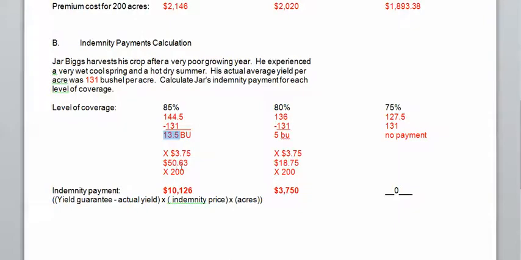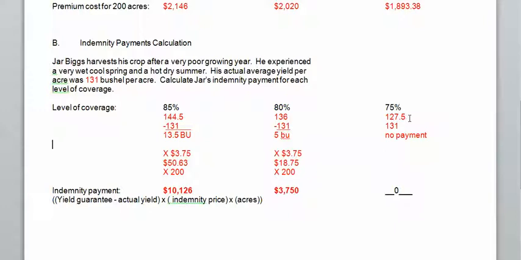In this case, it was $50.63 an acre times 200 acres equals an indemnity payment of $10,126. At 80% coverage, we're going to get paid for 5 bushels because our 131 bushel per acre yield was 5 bushels below what we're guaranteed. We take those 5 bushels times the indemnity price of $3.75 to get $18.75 an acre. Multiply that by 200 acres to get $3,750. At the 75% coverage, we're guaranteed